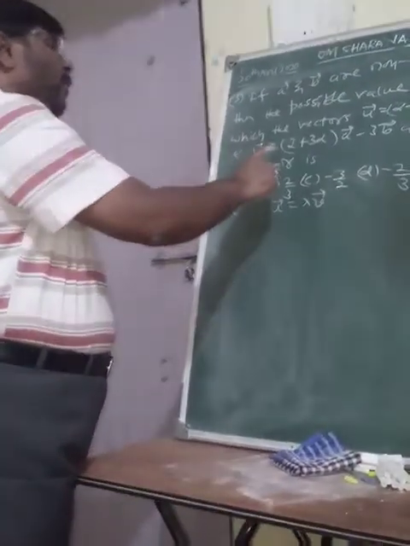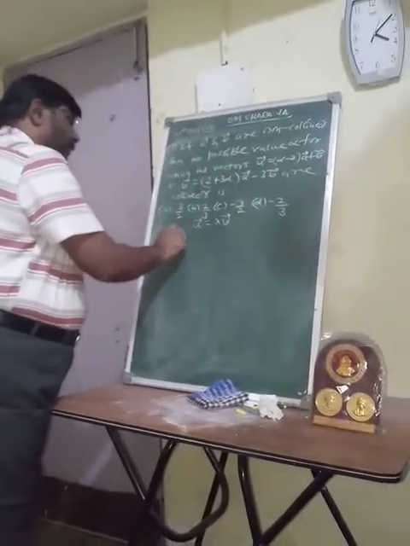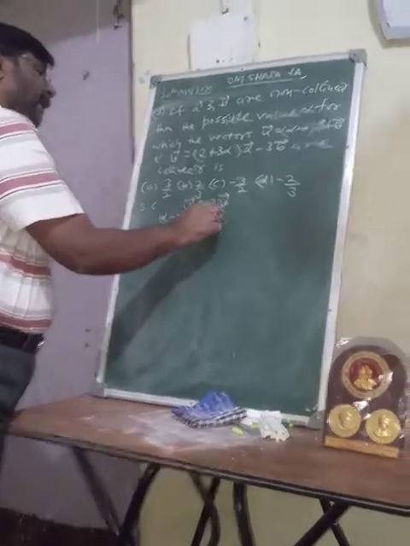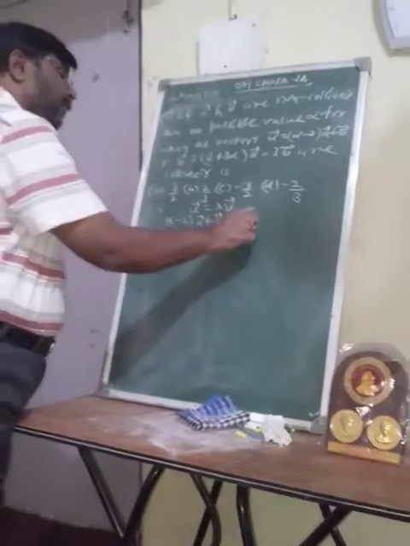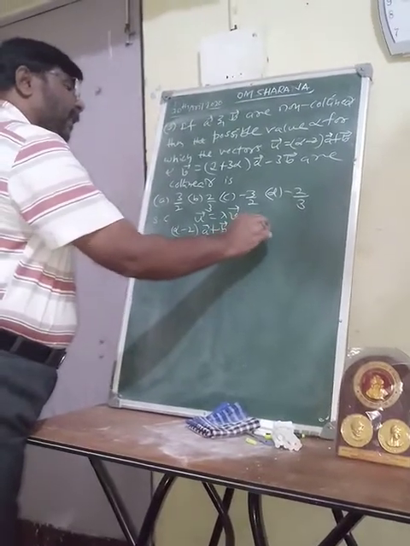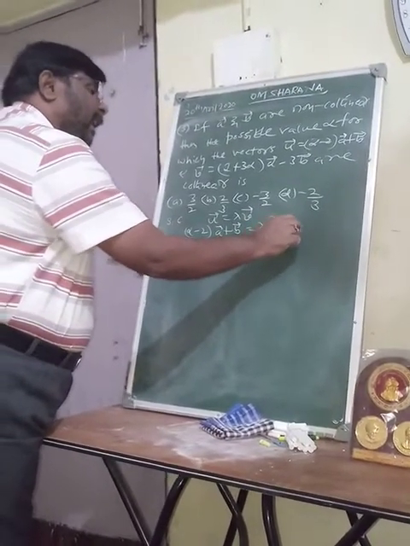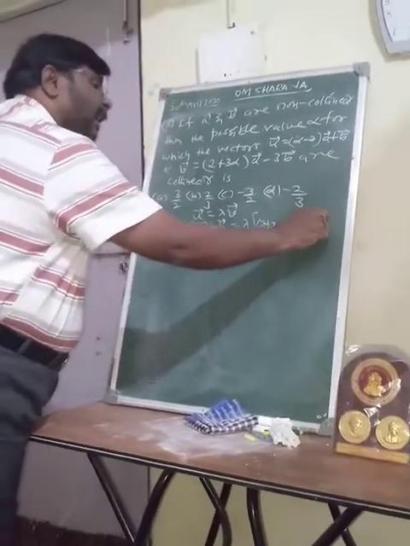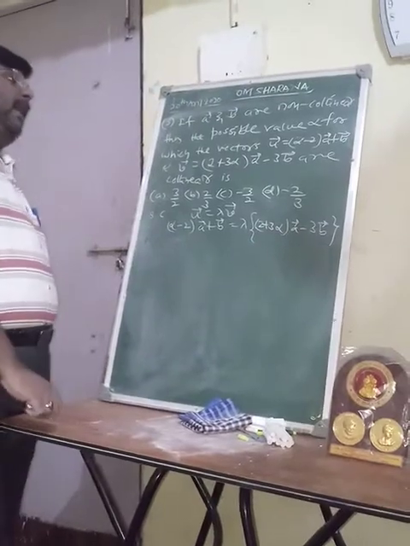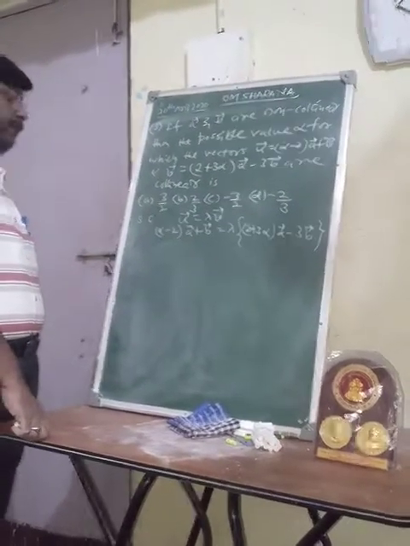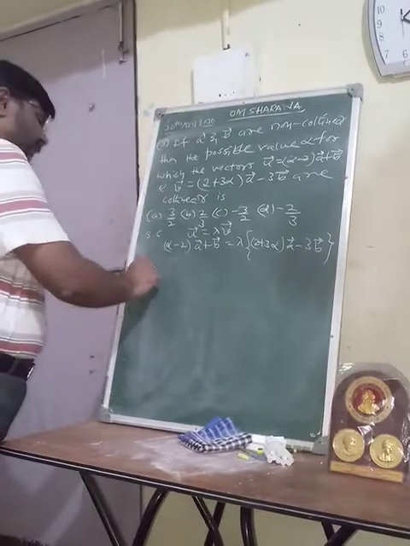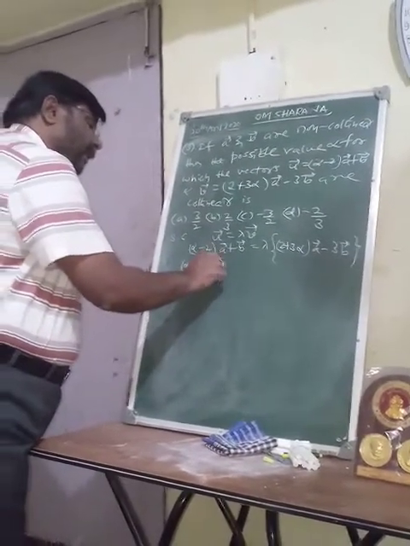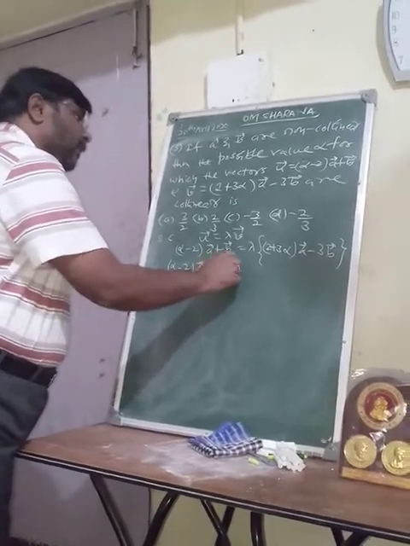What is vector U? It is (alpha minus 2) times vector A plus vector B, equal to lambda times vector V, which is (2 plus 3 alpha) times vector A minus 3 times vector B. After all, A and B are non-collinear, they are not zero. Therefore, if you simplify this one, (alpha minus 2) times vector A plus vector B is equal to,